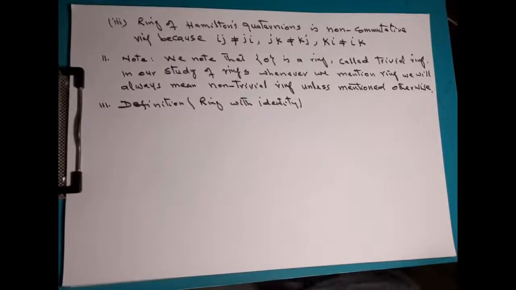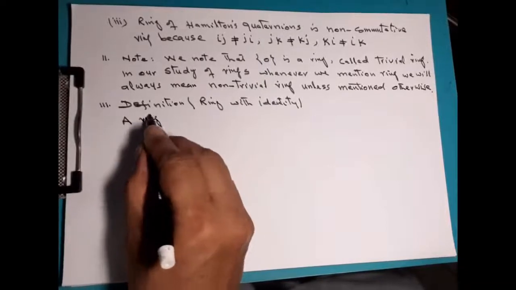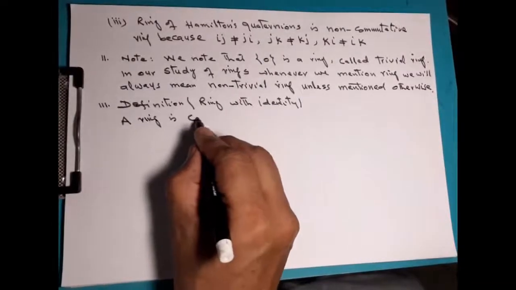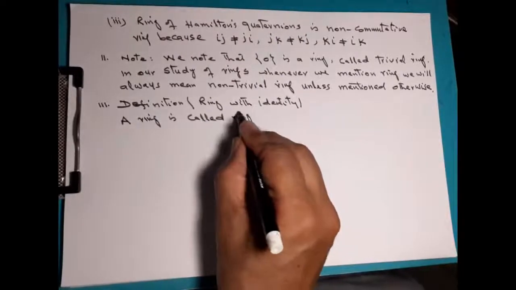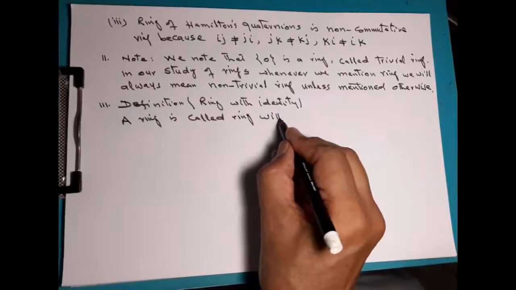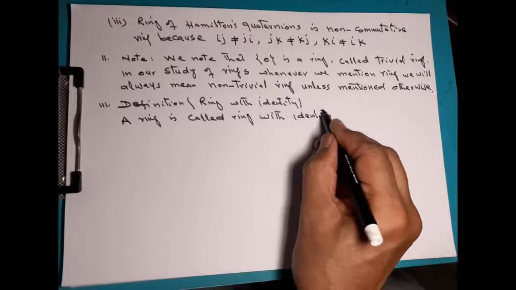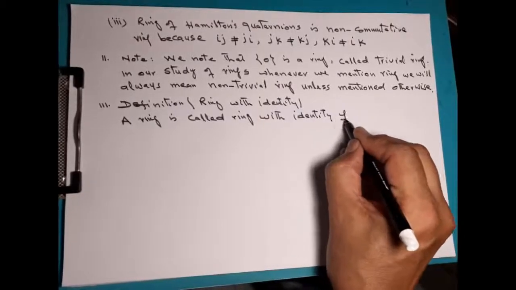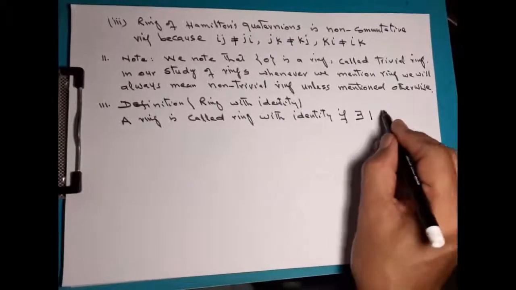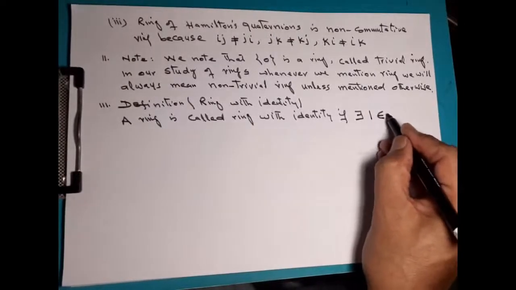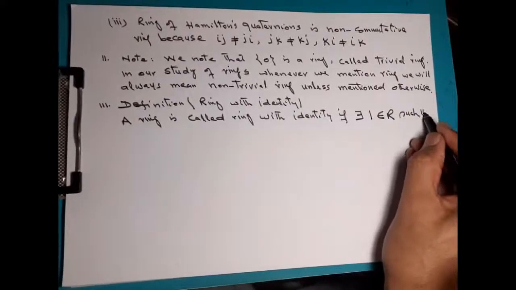A ring R is called a ring with identity if there exists, we denote the multiplicative identity by 1, if there exists 1 belonging to R, and let's qualify what this means, such that